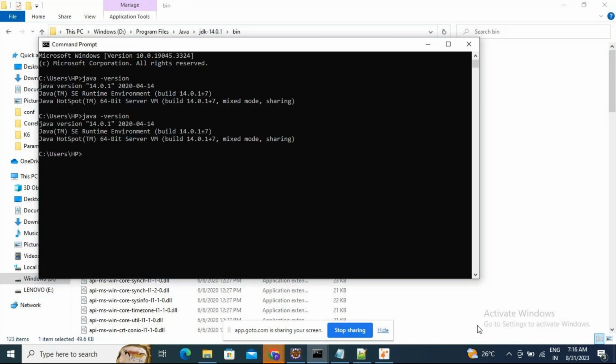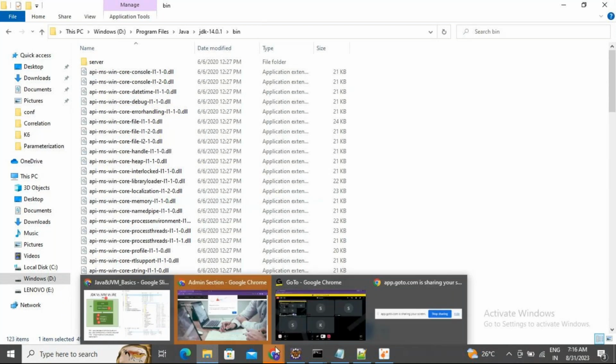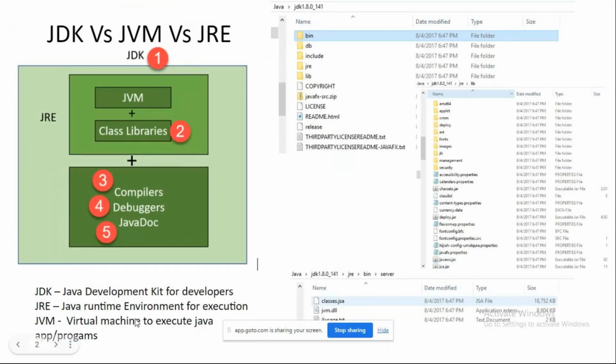Once you see the Java version here, it means that Java is installed properly and it is also added properly in your environmental variable. This is going to be your first prerequisite. And once this is done, the second prerequisite for our training is going to be Tomcat. Tomcat, again, you can download it from the internet, or you can also download it from the drive as well. If you go to my drive,